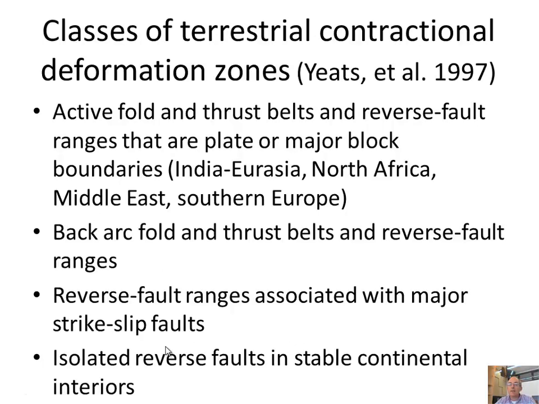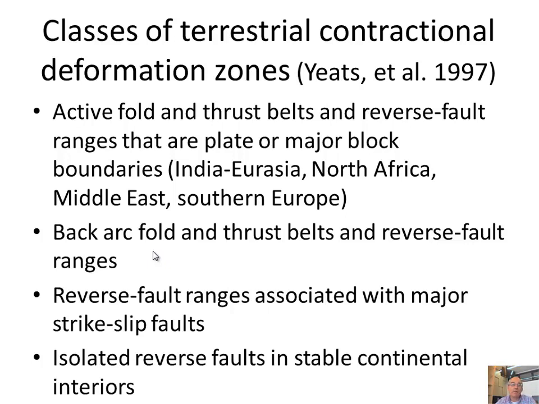So from Yeats et al., from the earthquake geology textbook, they identify four main places where we see reverse faults. First, active fold and thrust belts that are at plate boundaries. So the Himalayan front is an example, or North Africa in the Atlas, or the Middle East, or Southern Europe. Then back-arc fold and thrust belts. So this is what you have here in Java, right? If you go on the north side of the arc, it's a fold and thrust belt. We don't know how active it is, but